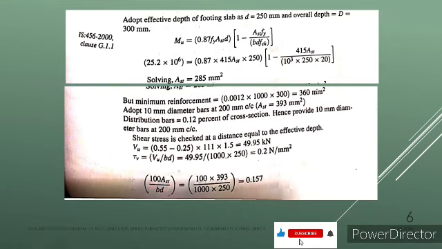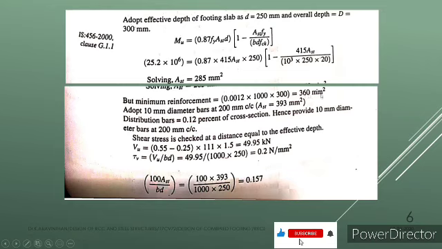And let us check the minimum reinforcement. In the Indian Standard Code, whatever may be the section we design, we should have a minimum reinforcement condition, that is 0.12 percentage of b D, that is capital D. So let us check for that. 0.12 percentage, we will be dividing that by 100, we will be getting 0.0012 into b is 1000 mm and D is overall depth, it is 300. So if you calculate this, we will be getting 360 mm square.